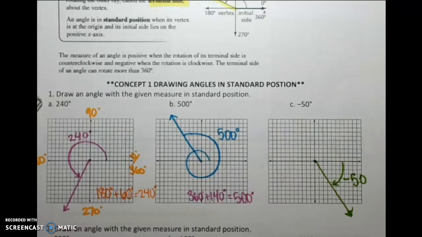Alright, number 2, you're going to do the same exact thing. Just go ahead and draw your angle and your terminal side, and off we go here. I'm going to go ahead and show you the answers. So pause now,